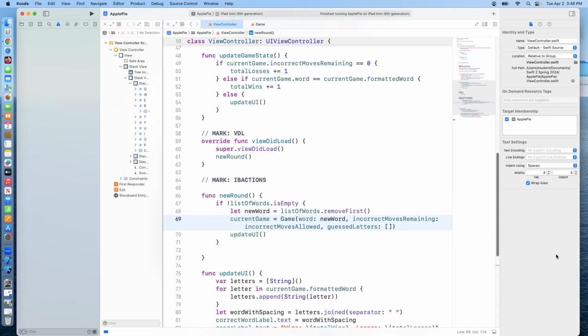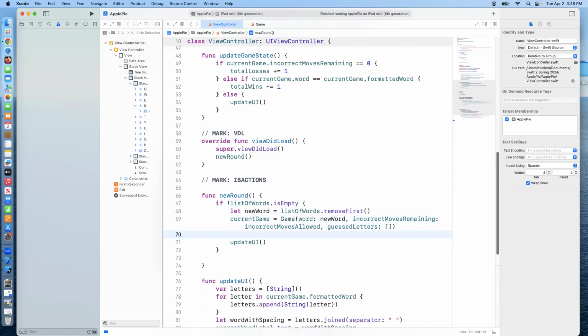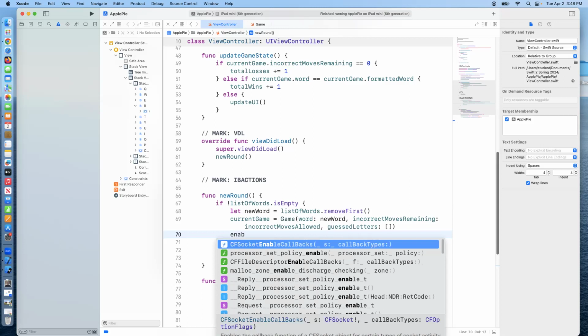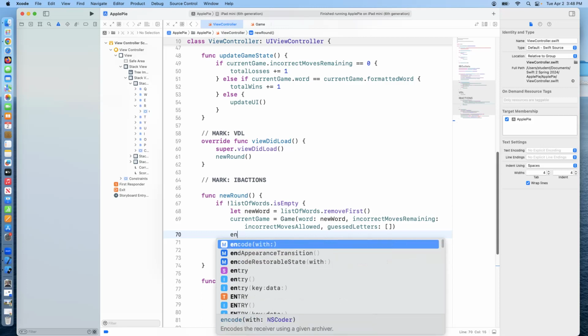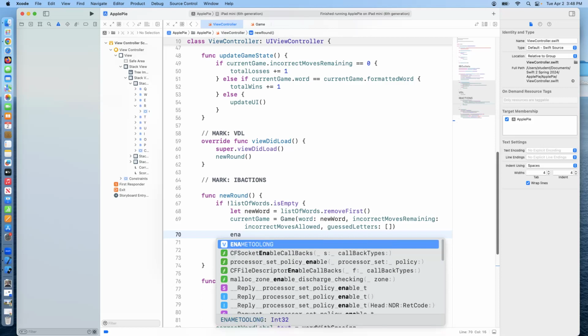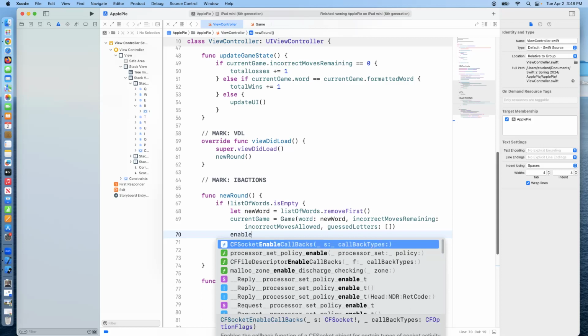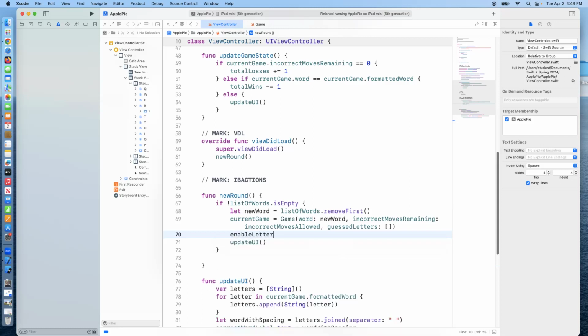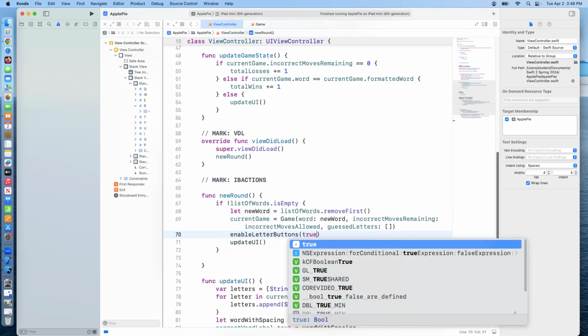But we're going to add a line of code here, and we're going to say enable letter buttons. Throw true in there. So that's our new expression here. And